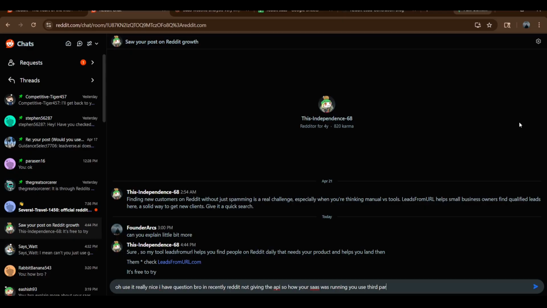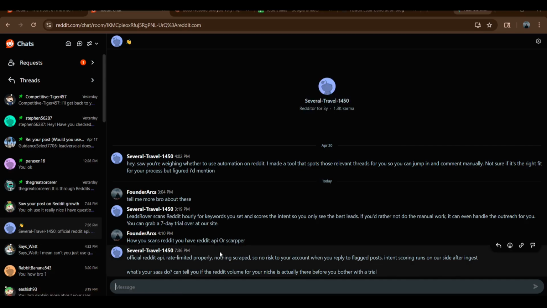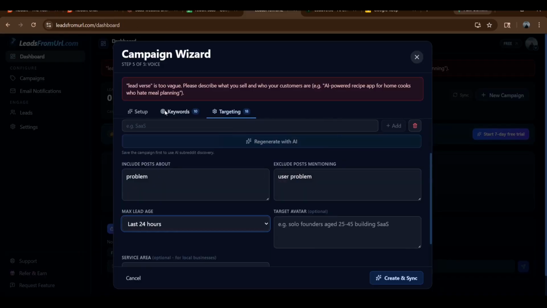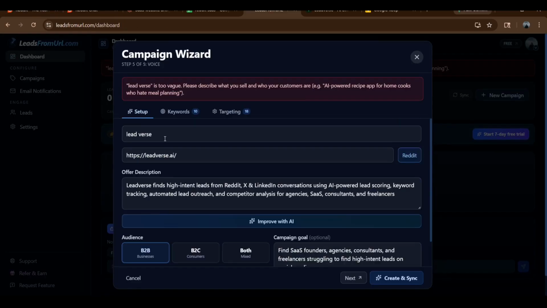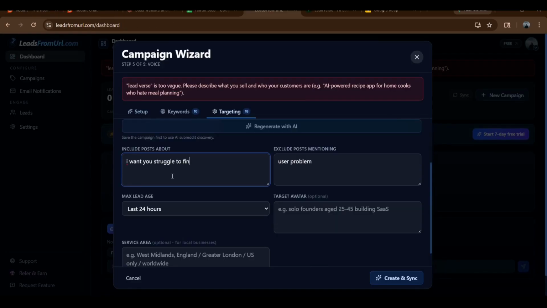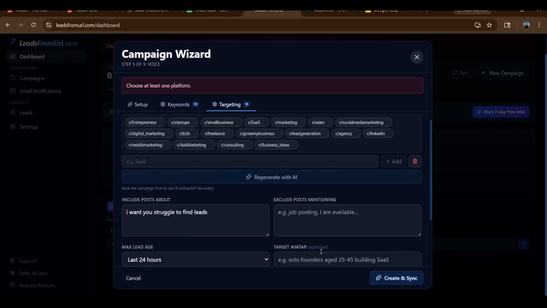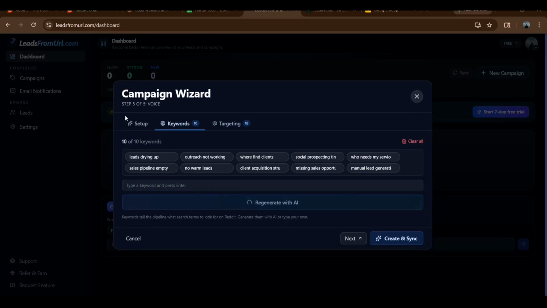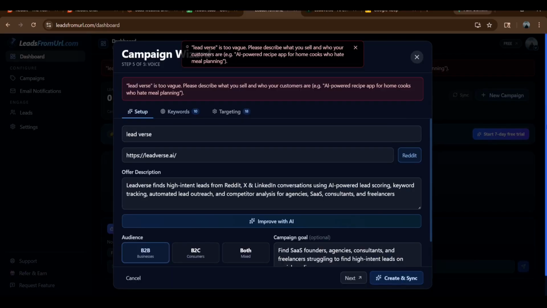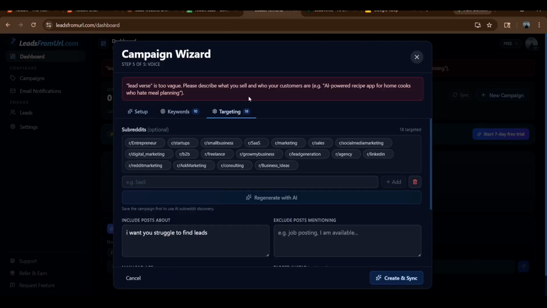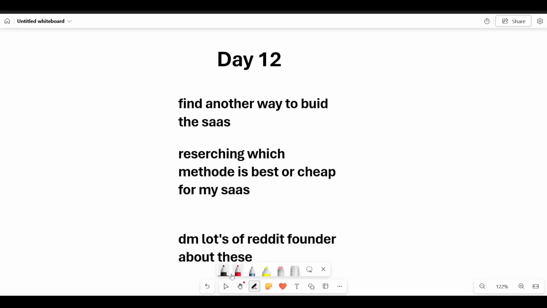After that I also DMed a few more people about how to get an API key. Lots of people will not reply, but a lot of them gave a little bit of insight. After that, I used one person's recommendation and looked at how their structure works. It is also a really good SaaS, and the name was Leads from Reddit, so the UI.